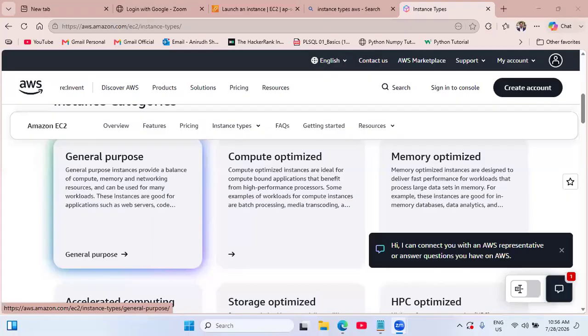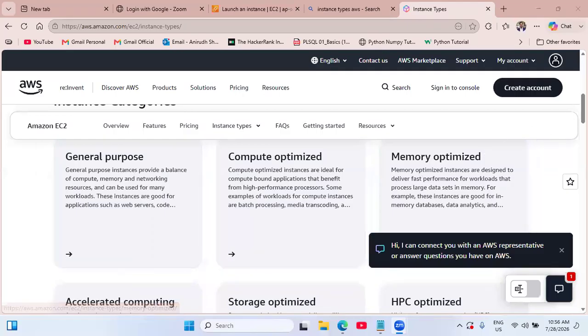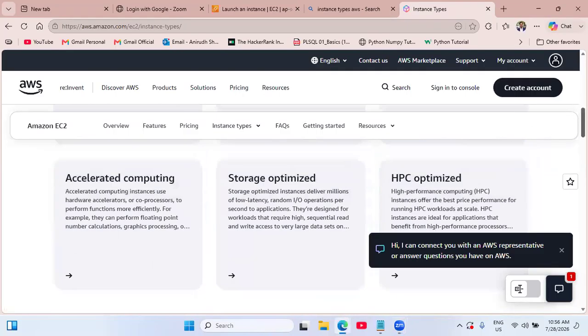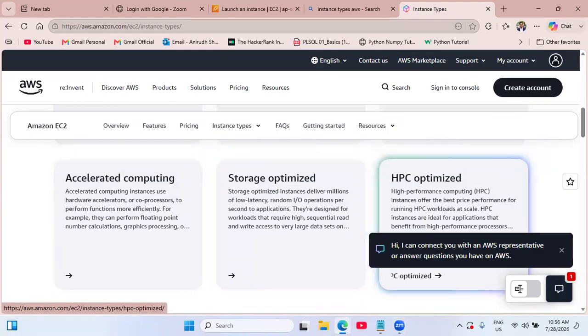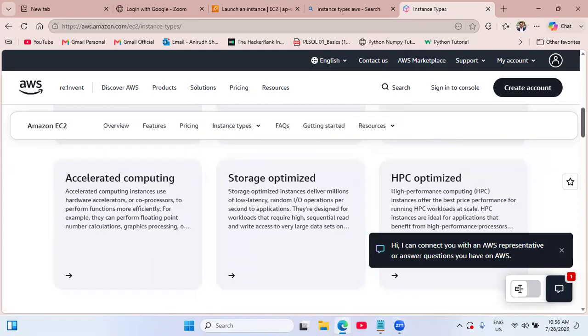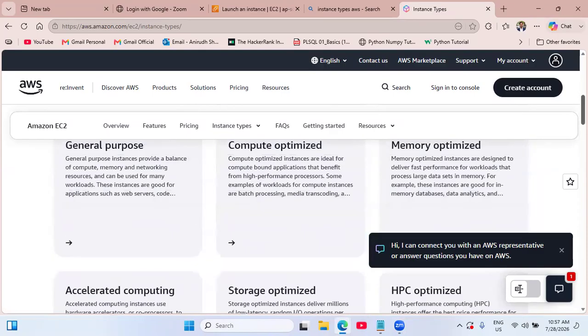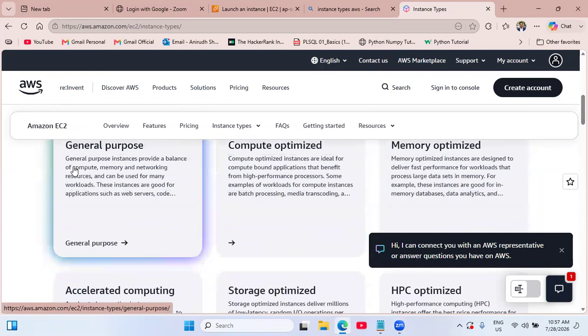Now here we have general purpose, compute optimized, memory optimized. Then we have accelerated computing, storage optimized, HPC. HPC stands for high performance computing. For basic needs, for small infrastructures, go for general purpose. Again in the general purpose,